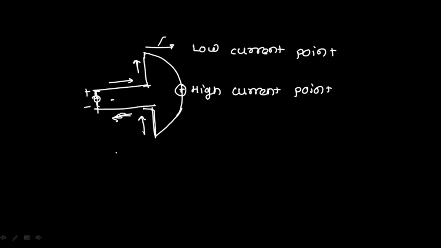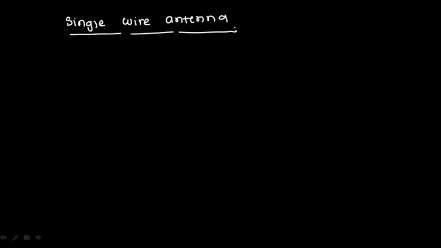Now, when I'm talking about the coaxial cable, I'm talking about a single wire. Do you have a single wire antenna? Can a single wire antenna transmit? Now we'll see about the single wire antenna, and when a single wire can work as an antenna. First, can my single wire antenna radiate? I'll take the example of a single wire antenna and see in which condition it can radiate. I added a little flaring, so it can radiate.